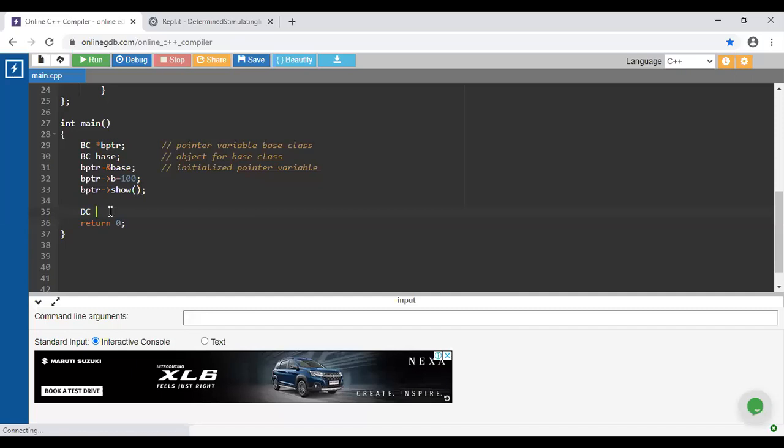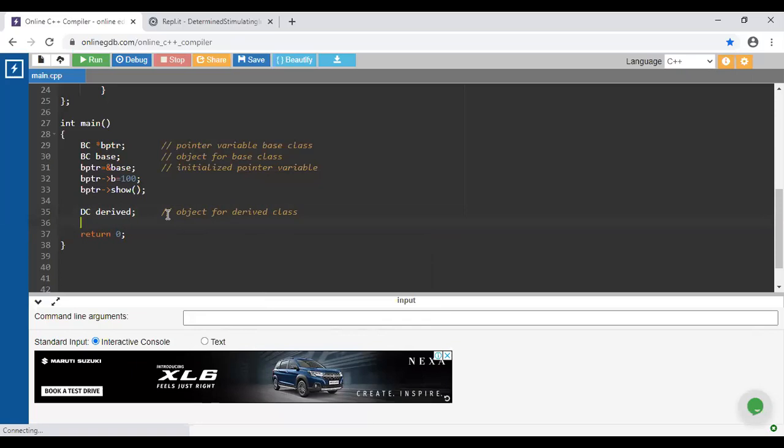Now we are going to create the object for the derived class. Here we have created the object for the derived class.